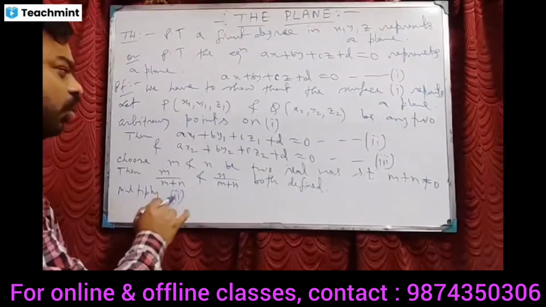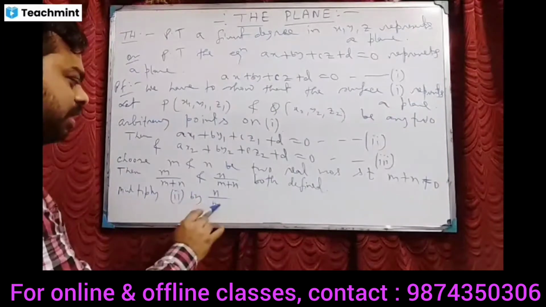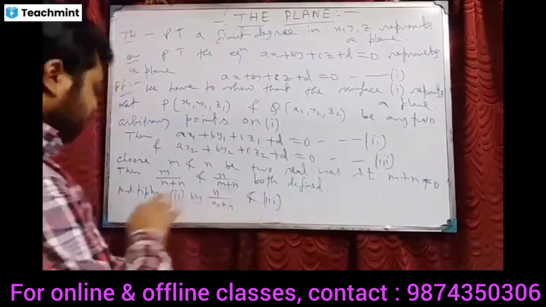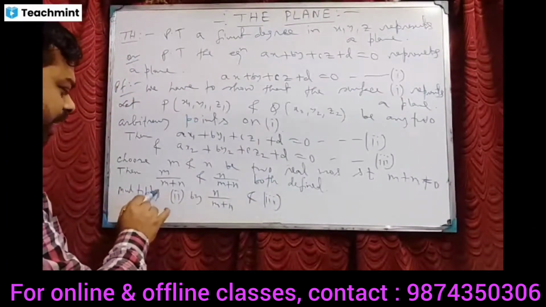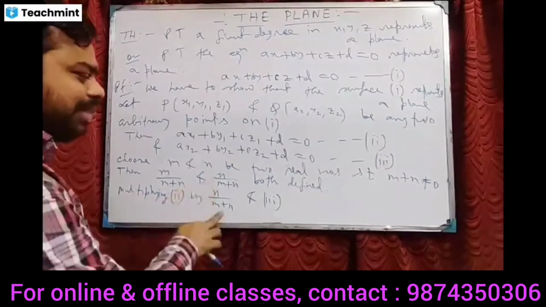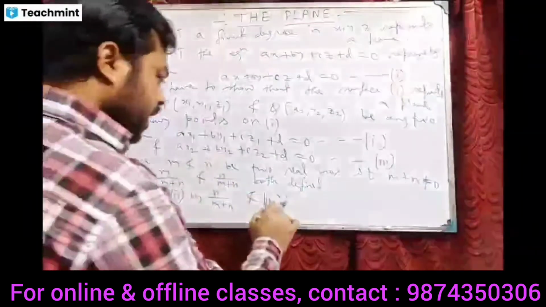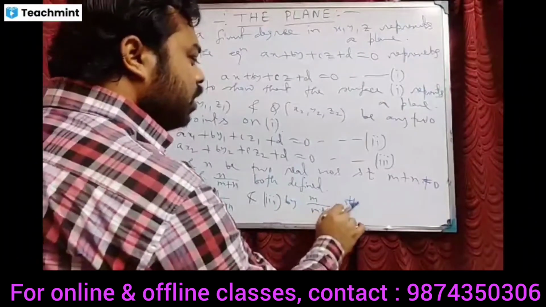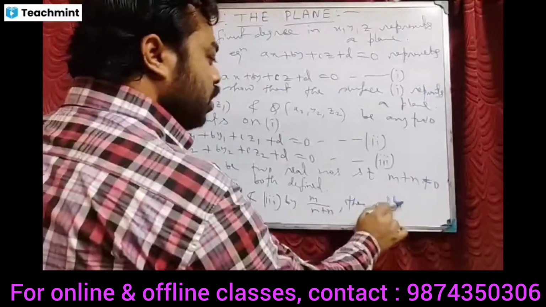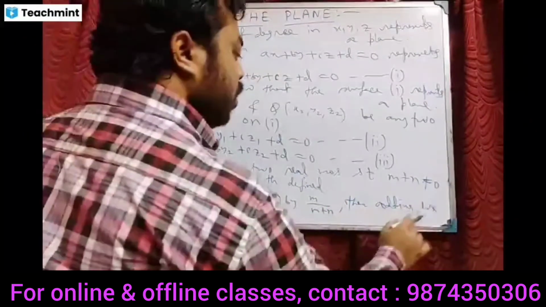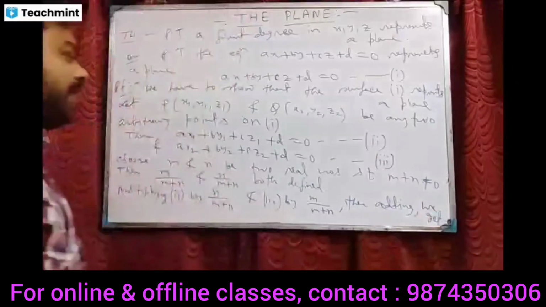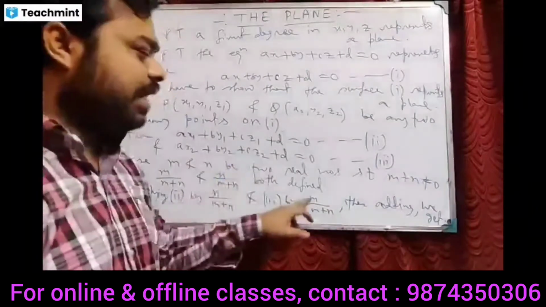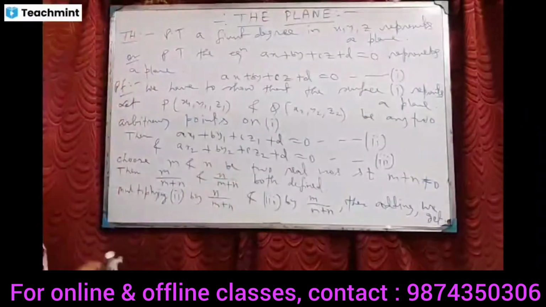Multiplying equation 2 by n/(m+n) and equation 3 by m/(m+n), then adding, we get: multiplying equation 2 by n/(m+n) and equation 3 by m/(m+n), then adding, we get